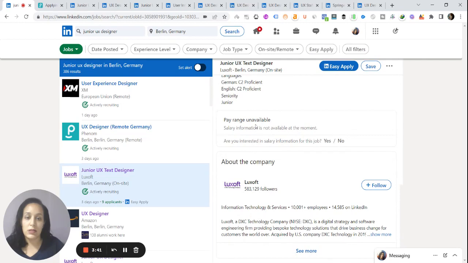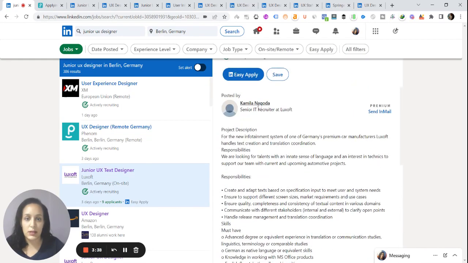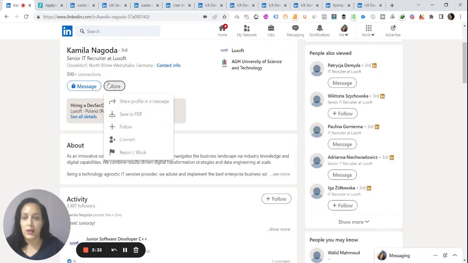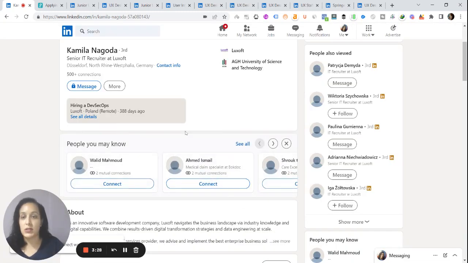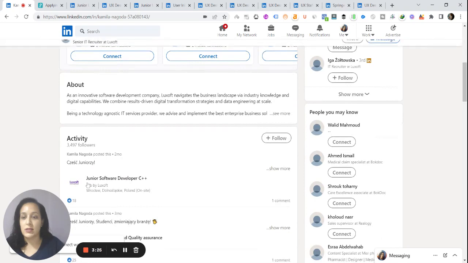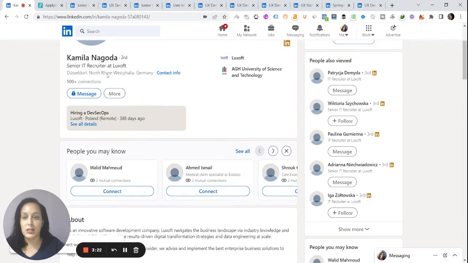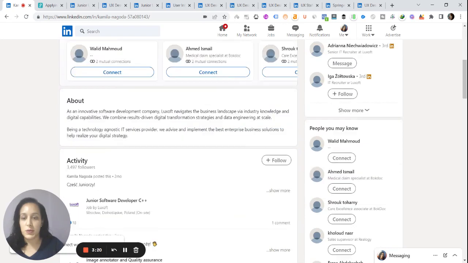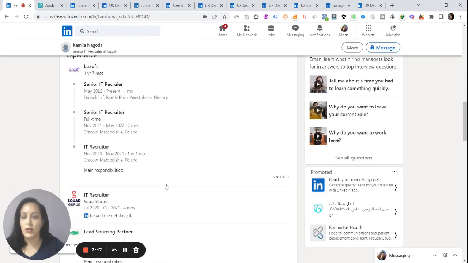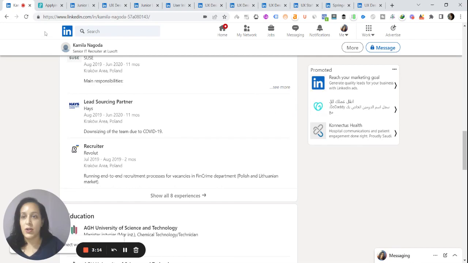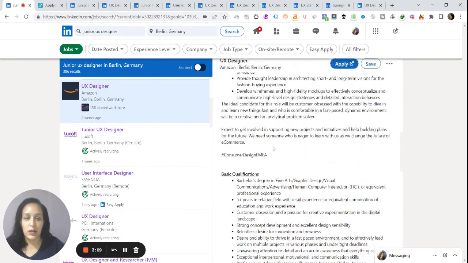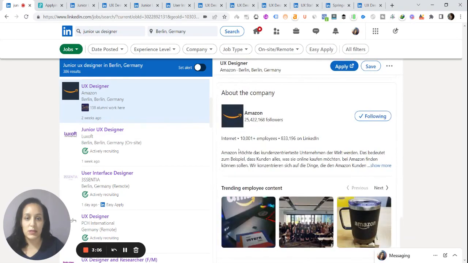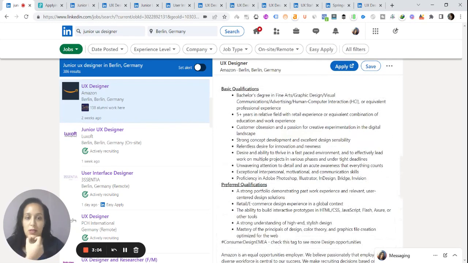Sometimes I do something else. For example, this person is posting the job, so I would click on her name, connect with her, and send her an invitation, because I'm interested in all the jobs related to UX UI. If she's a person who recruits people every once in a while, I would like to be seen by her or others. So whenever I find that the profile is seen, because sometimes it's invisible or anonymous,